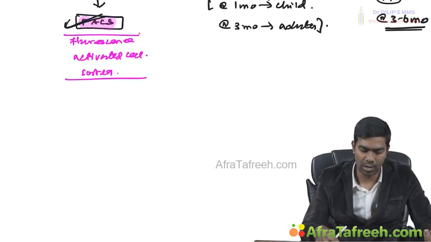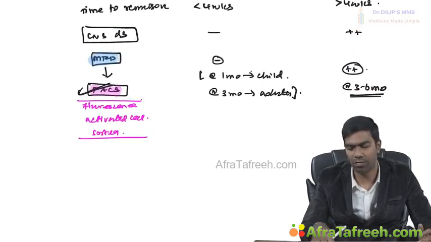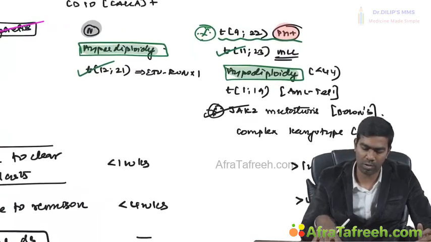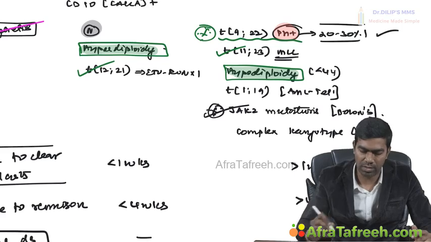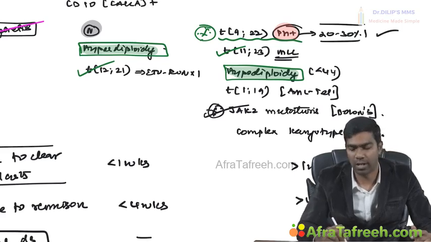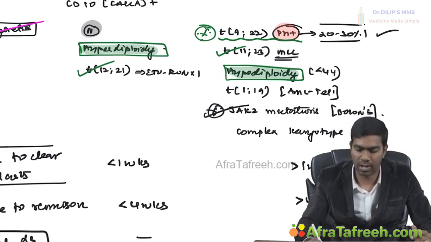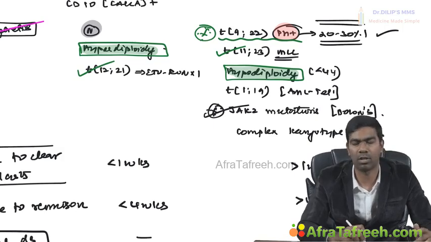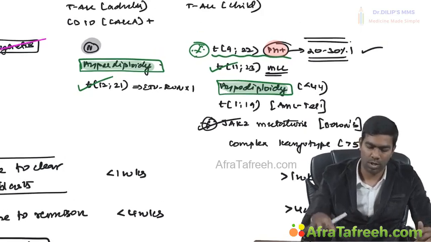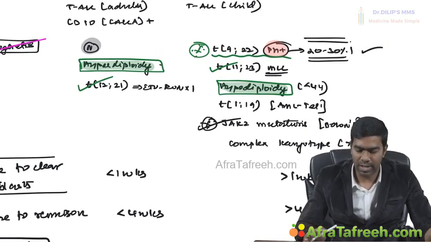And remember, the overall incidence of Philadelphia chromosome, as I already told you, is approximately 20 to 30%. Typically, this Philadelphia chromosome is going to be seen in adults very, very commonly. Clear? In adults only you are going to see this Philadelphia chromosome, and the incidence of Philadelphia chromosome is going to be extremely dependent on age as usual. So I think we have done a decent job on ALL.